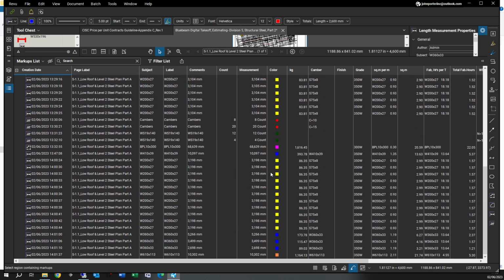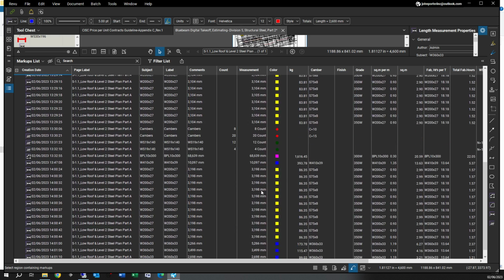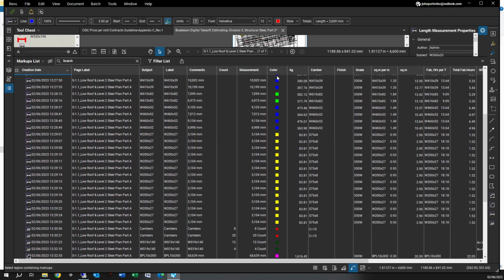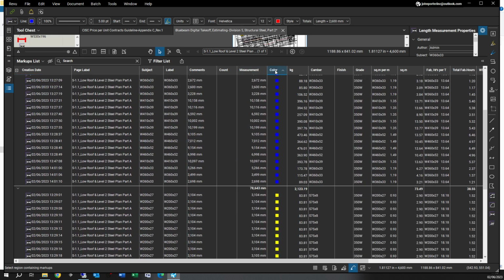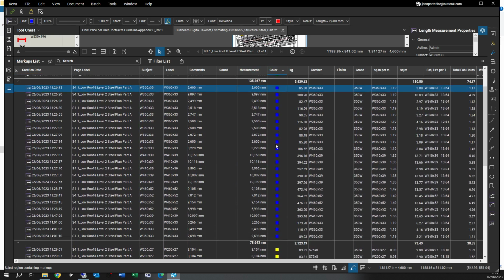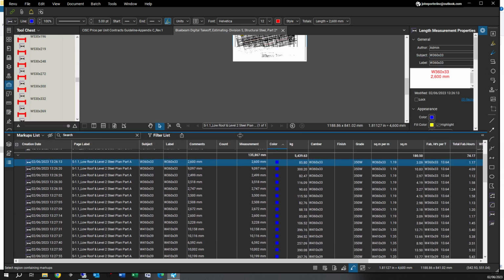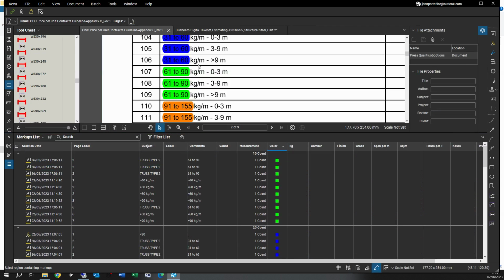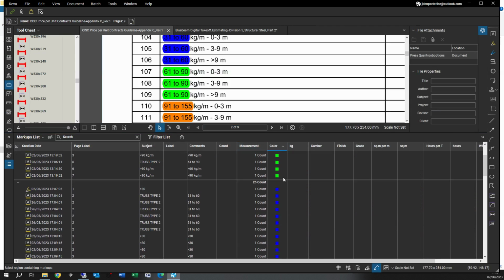Here it's hard to figure out what's part of what category, but if I go at the top of my color column, it's going to take every grouping and put them together. So right now my blue category is, let me go back to,